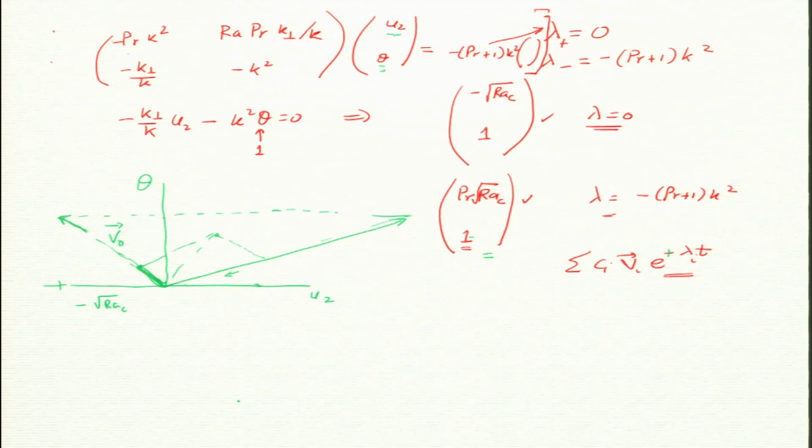Is that clear? So, I know what the steady state is for this Rayleigh critical, or Rayleigh number, Rayleigh critical. It should be just this. Okay. So, I plotted only the velocity field.